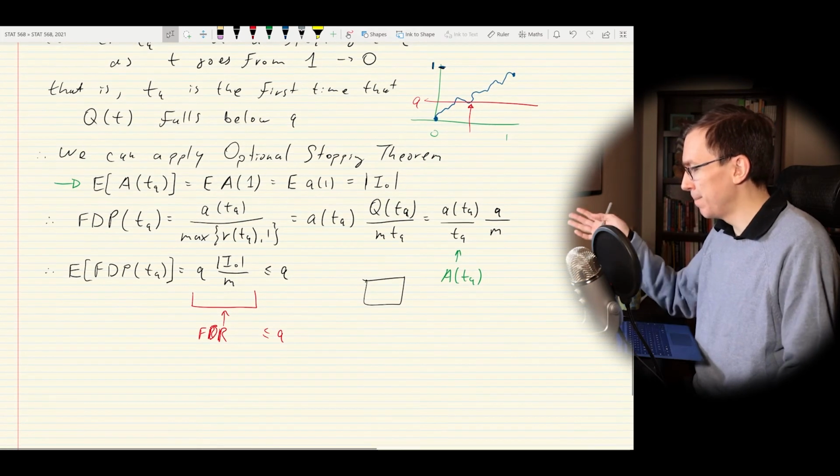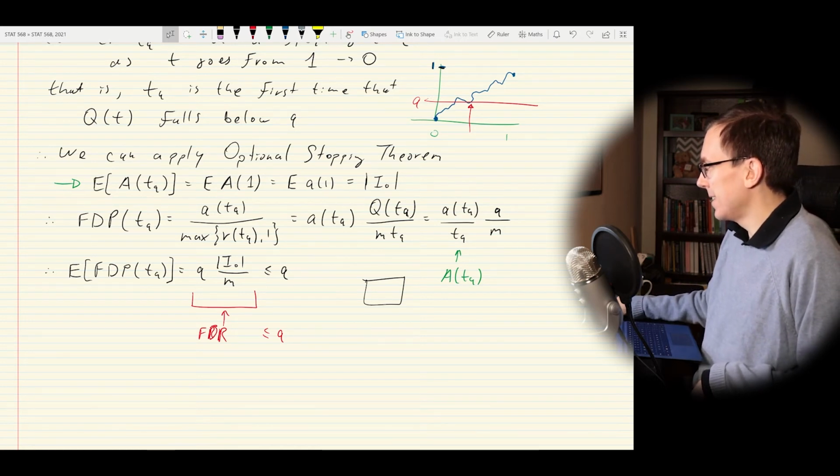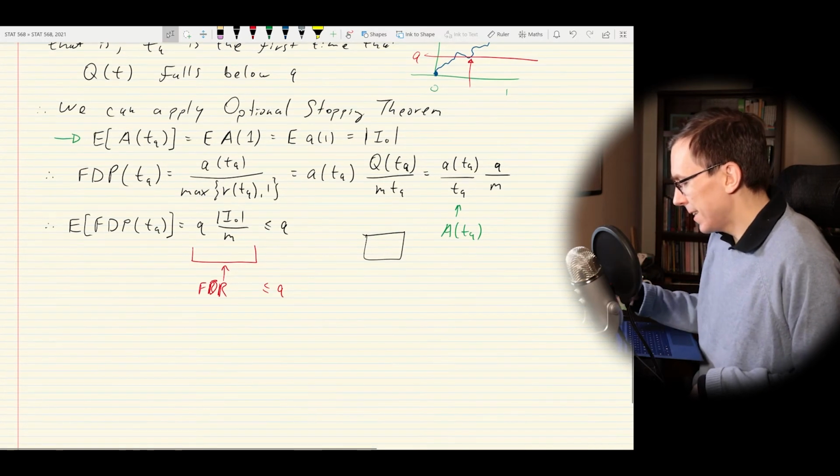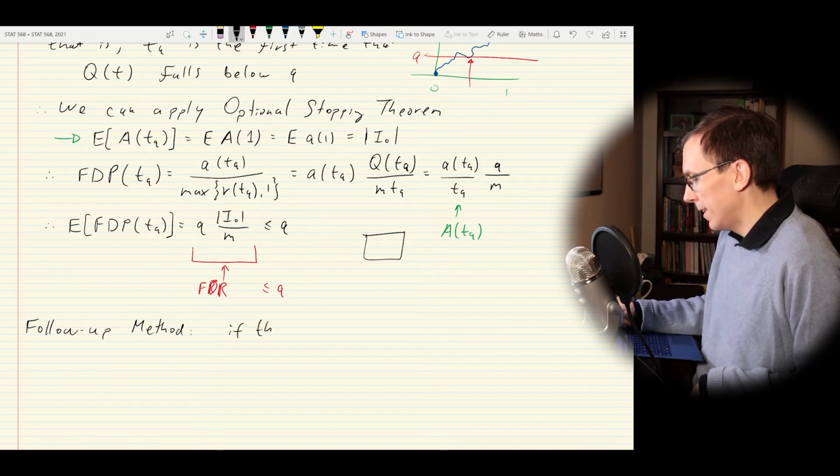Anyway, that's Benjamini-Hochberg. Before we're done, I do want to point out that there is a follow-up method. I didn't write the name in my notes, so I'll say it out loud and I'll probably mispronounce it. It's a method which applies if the